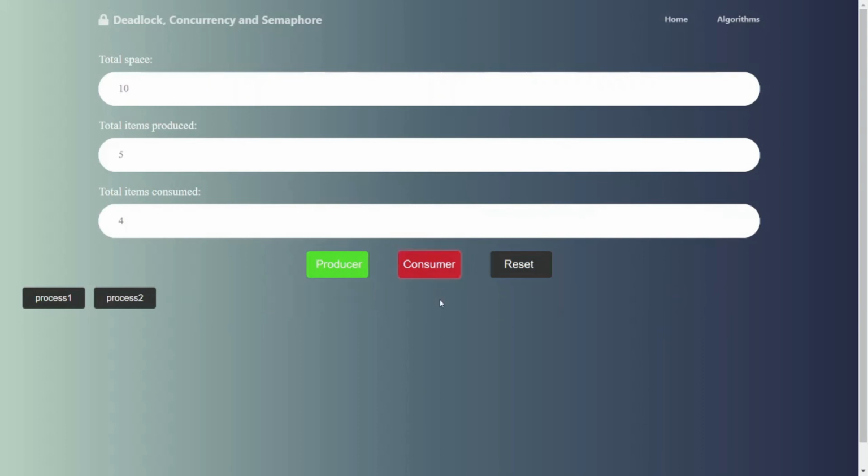Again click on the consumer, it consumes processes again. And again we click on the consumer, it displays the notification no item in the producer, because the total processes to be consumed from the buffer is 4 and here there are only 2. When we click on reset, all the processes are reset.